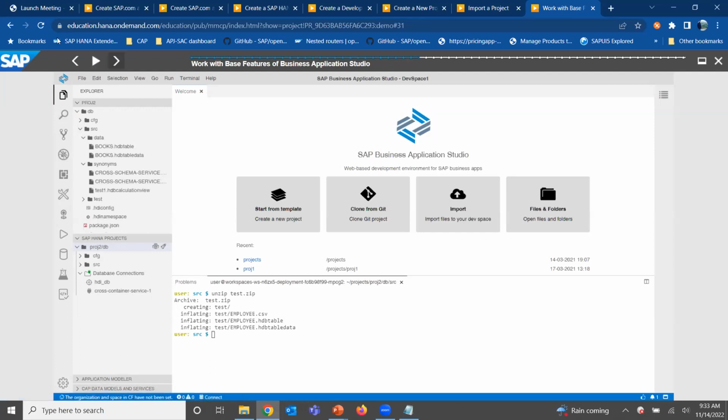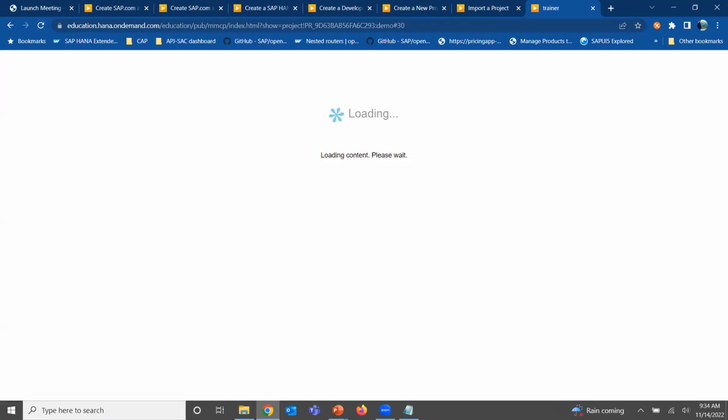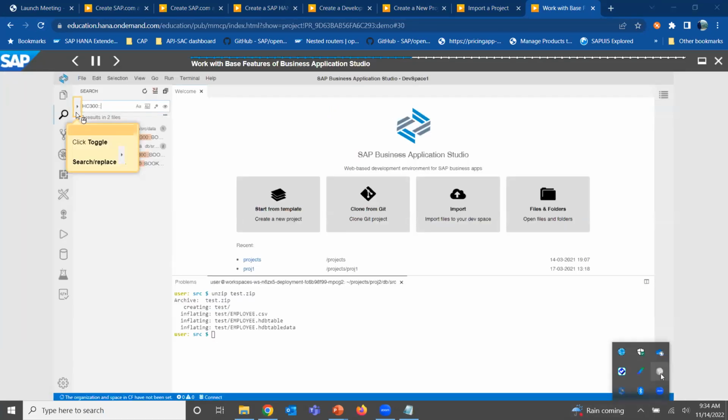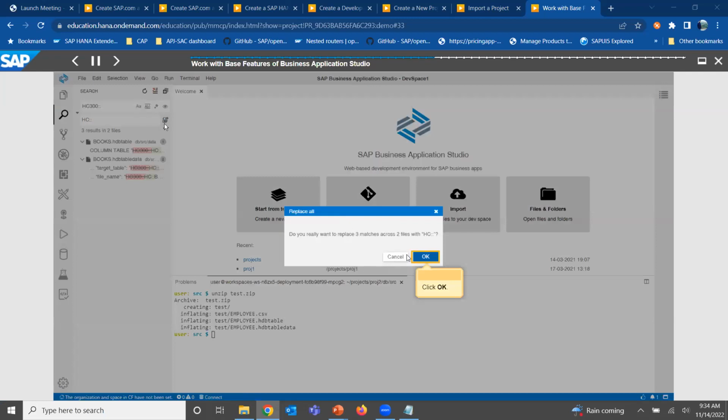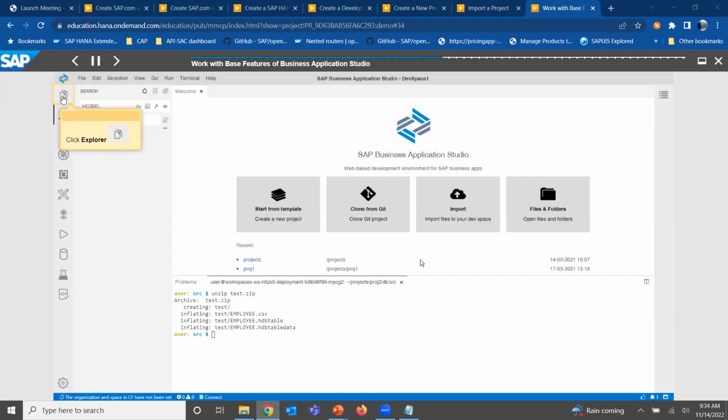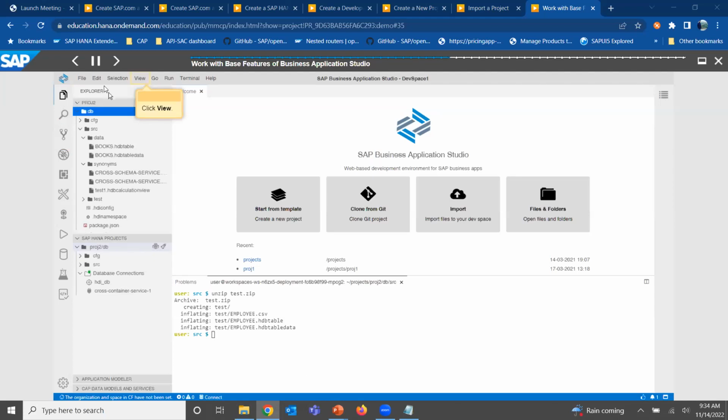Let me just refresh this. Yep, so we are in the search pane. We are seeing HC colon 300, files which have this keyword HC300. We can simply replace that HC300 with some other text like this, right? So we again go to the Explorer pane and view